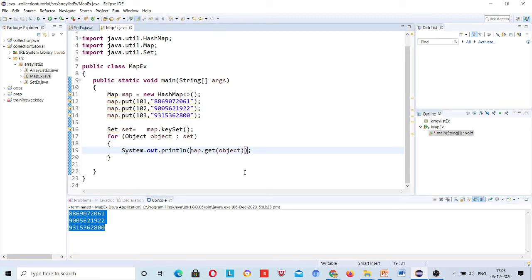If I want them with the values, now let me run it.